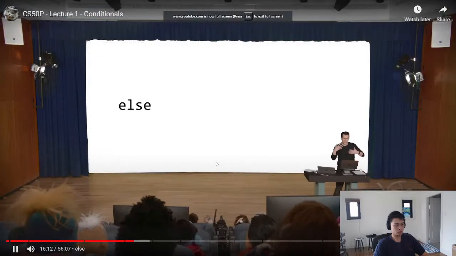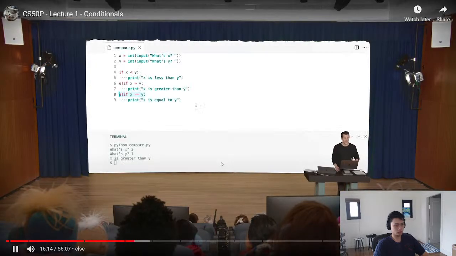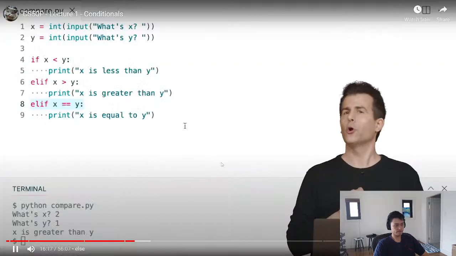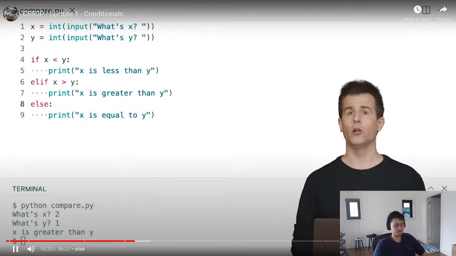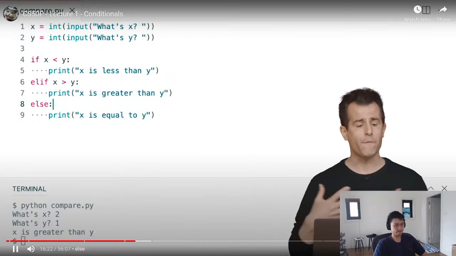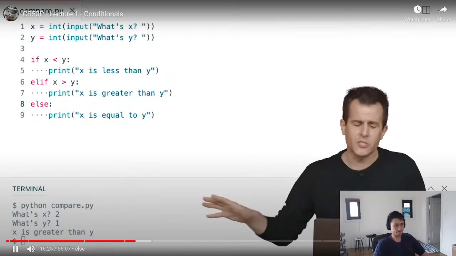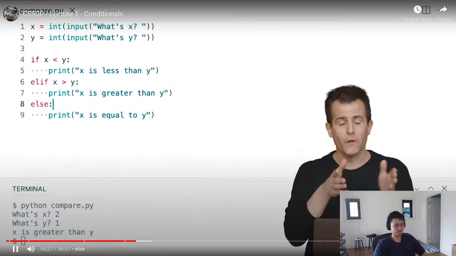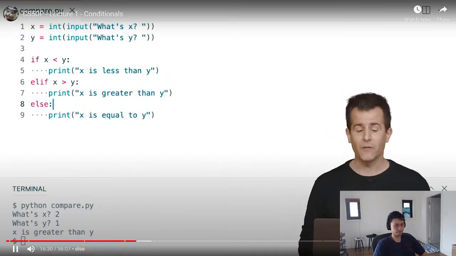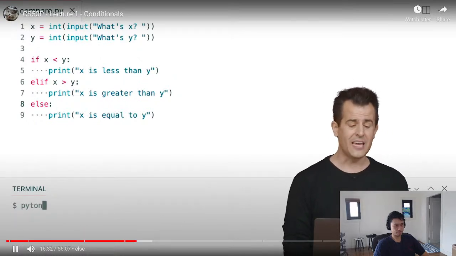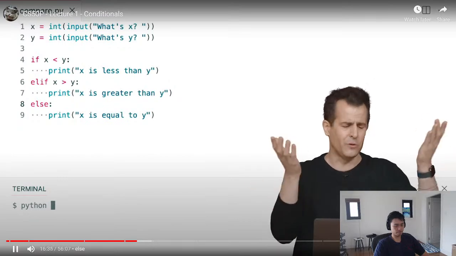And how do we use this? Well, exactly as we might in English. Let me go back to my code here. And instead of bothering to ask the third and final question, let's not ask a question at all. Let's just have this catch-all, so to speak, a final line of code that says else, just assume that x is equal to y, therefore printing it as well. So what's the upside of that? My code is still going to work exactly the same. And again, my computer's so darn fast, I don't even notice